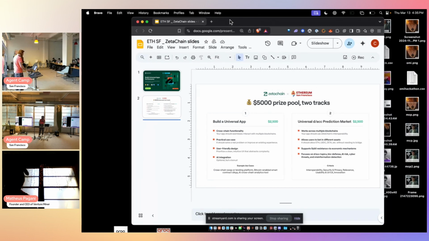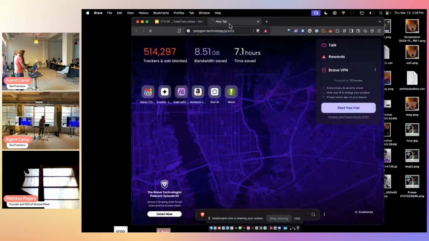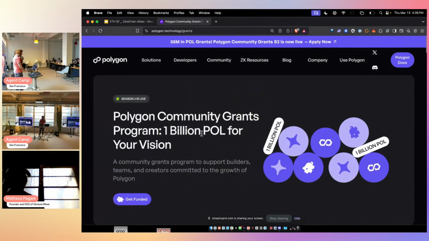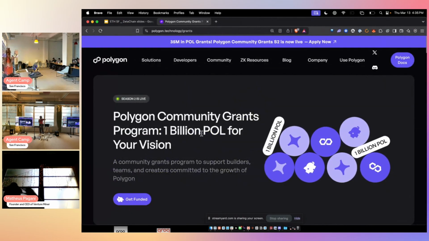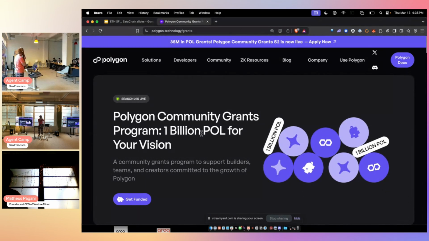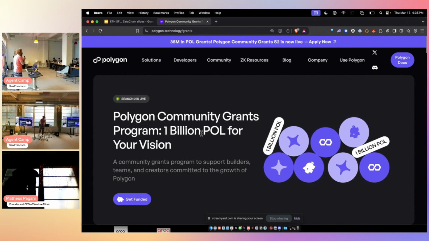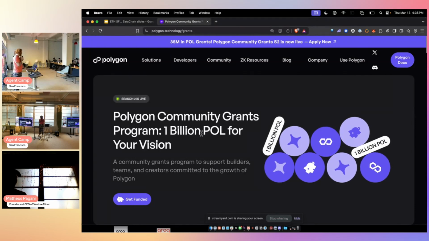I also want to remind everybody watching online that they should apply for a Polygon grant. I've talked to a lot of people who asked, why should I build on Polygon? Cheap and fast is one important thing, but interconnected is the other. Connecting things to the aggregation layer and connecting all the chains together is a reason you would want to build with the Polygon network.